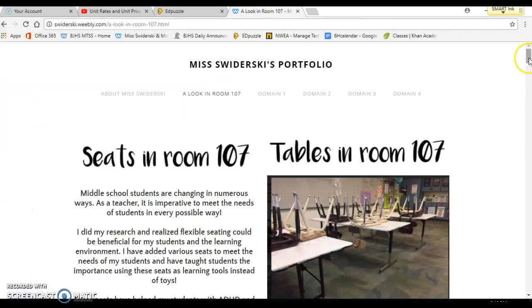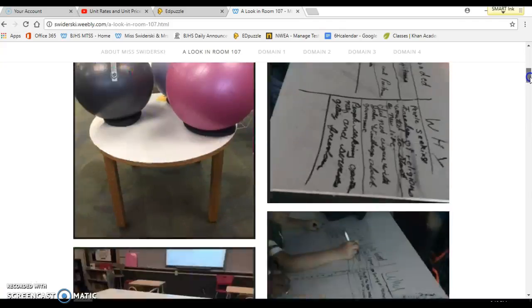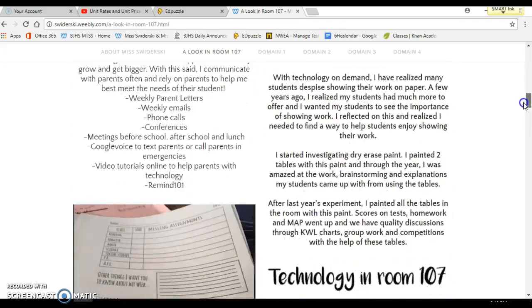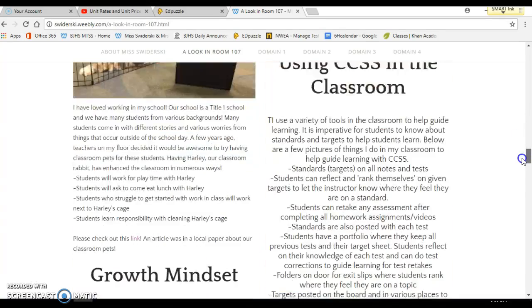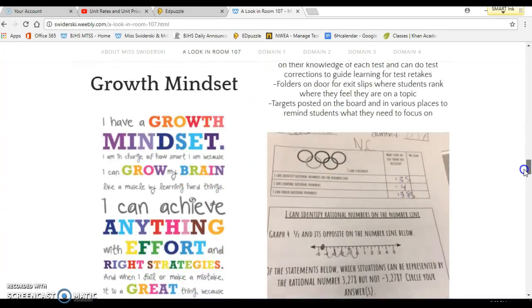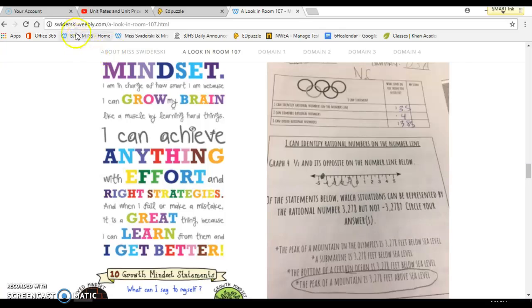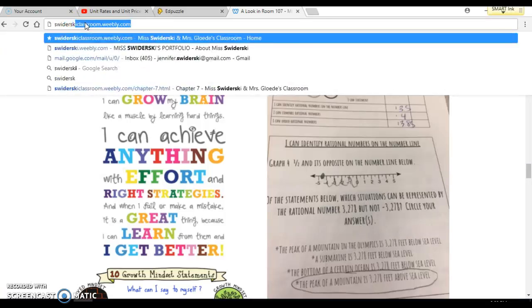All right, so a few additional things stood out to me after our meeting on Thursday. When I went back to my classroom and looked around, I was like, oh my gosh, I forgot to mention this and I forgot to mention that. So if you go on to my portfolio, swiderski.weebly.com,